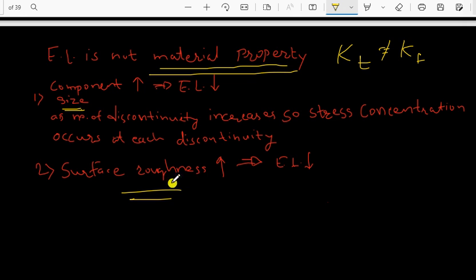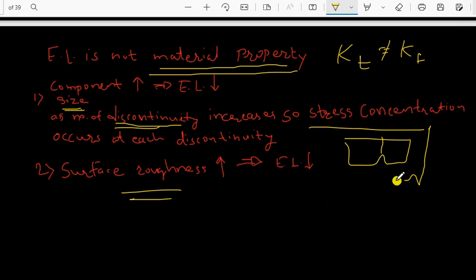We will discuss it in detail in coming slides. Just understand that the endurance limit is inversely proportional to the size. As the size increases, you will find there will be more discontinuities. Let us say there may be invisible notches like this, which will propagate and fail due to fatigue. So larger is the size of the component.